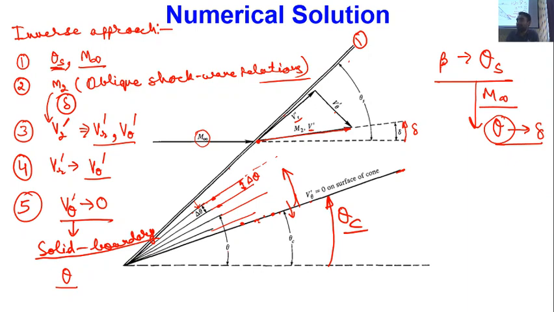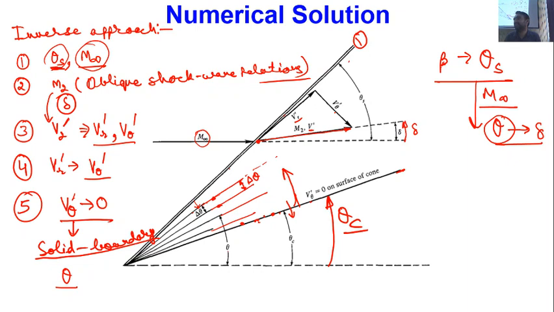So by using this inverse approach, in some of the literature, for different values of theta s and M infinity, the corresponding theta c values are already tabulated. So you need not follow the complete procedure, you can just refer to that table,